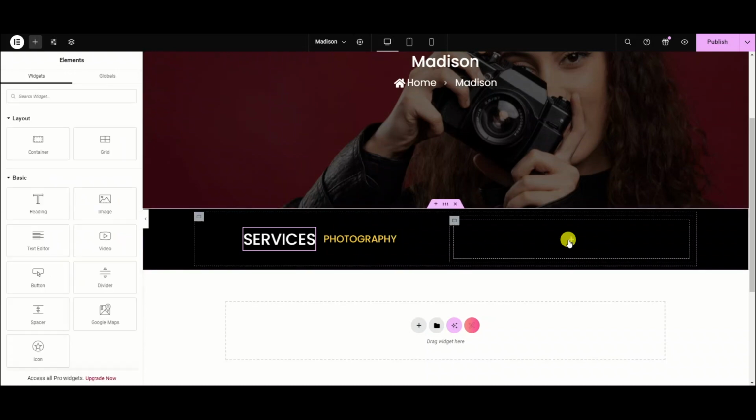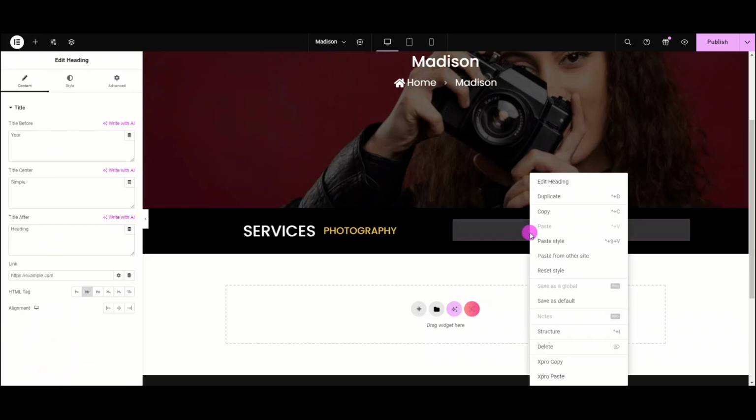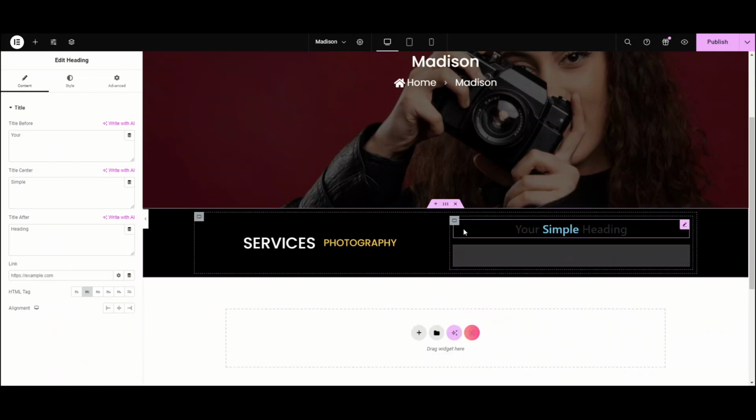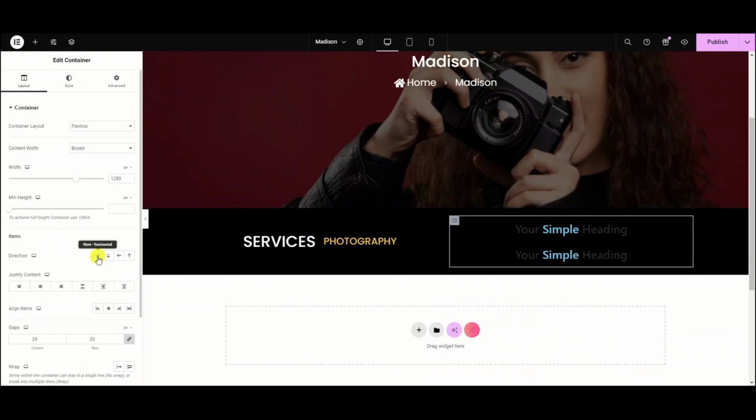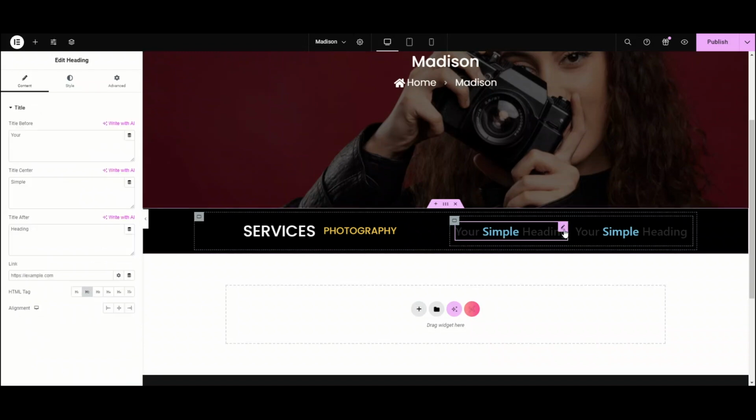Now move to the right container, add a heading widget, duplicate the heading widget. Now choose the direction of the third container from left to right. Now we will justify the content to center. Also align the items into center. Now you can see these are aligned horizontally in one row. Now add the title.